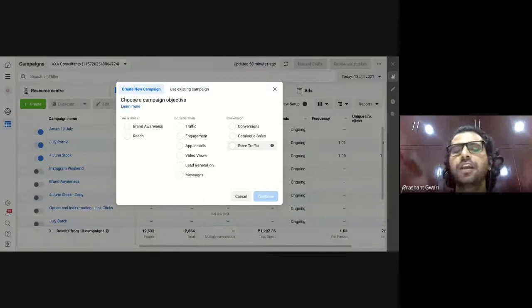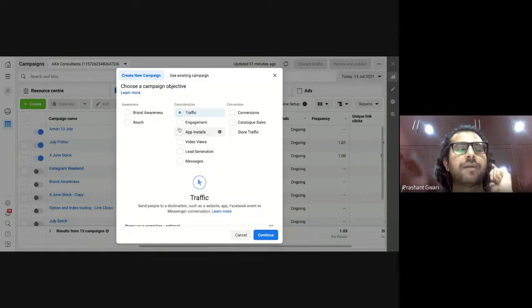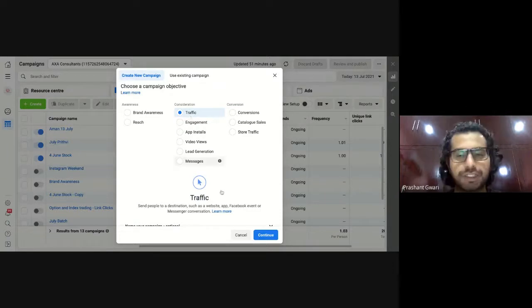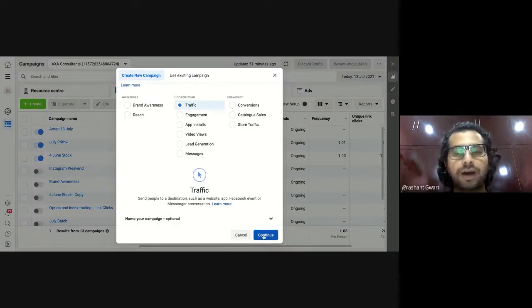So first things first, we have to choose a goal or campaign. Because a Telegram channel comes with a URL, to promote it I have to go with the first one, which is website traffic. So now I will choose website traffic, the first one which comes into consideration, and I will click here on the continue part like this.